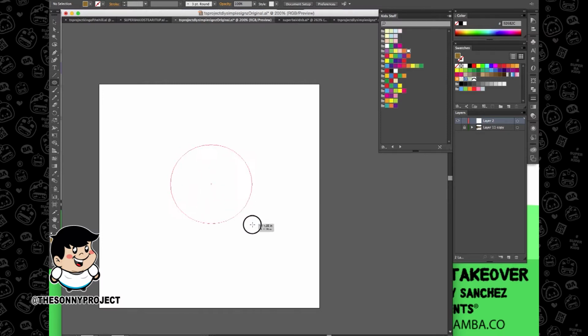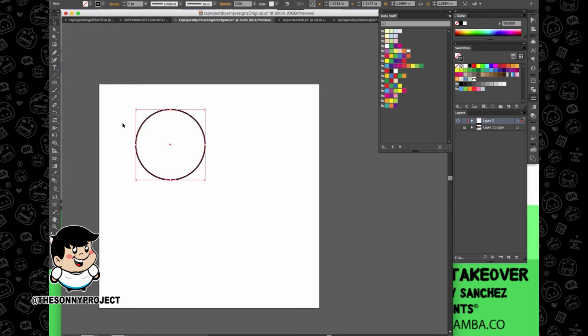Right now, I'm just holding the mouse to make it an oval or whatever shape I want. But if you want a perfect circle, hold down Shift and Alt, and it'll go big and small. I'll do that for now just to make things perfect. It's on the fill button, and I don't want that right now. I want to just work on an outline, and I'm just going to boost up the points to make it a thicker outline,